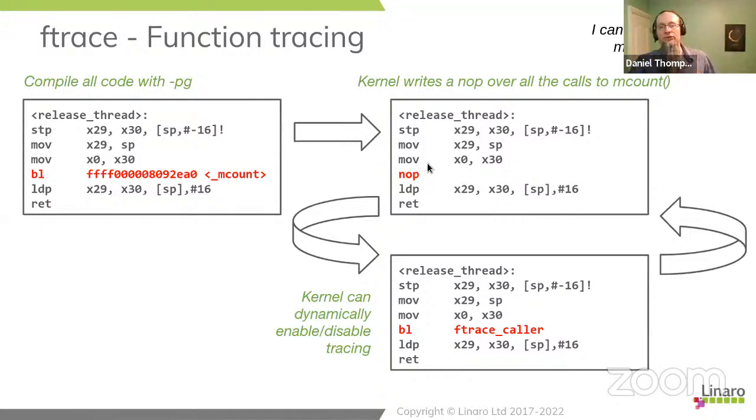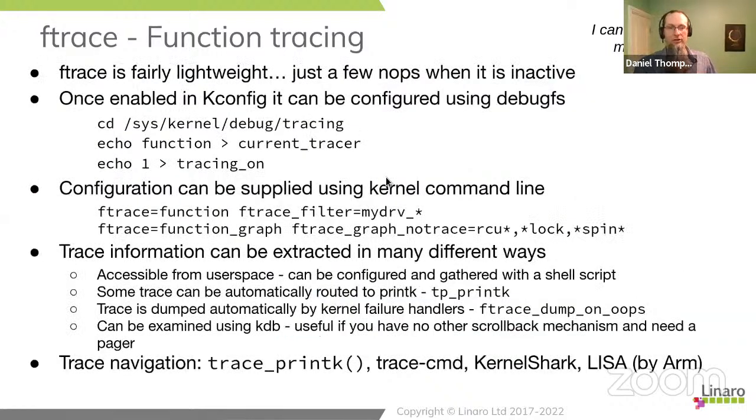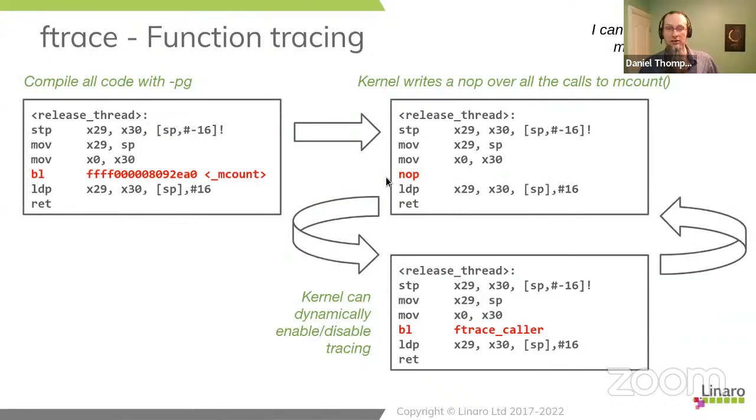However, the kernel also has a data structure that tells it where all these no-ops are located. So as part of the kallsyms thing, where it knows the name of each function and everything else, it also knows where the no-op is and how to change it to something else. So if you ask it to trace a function, the kernel will replace it with a branch link to a function called ftrace_caller. And ftrace_caller allows the kernel to track every time we call a function. And that gives us some very powerful logging capabilities.